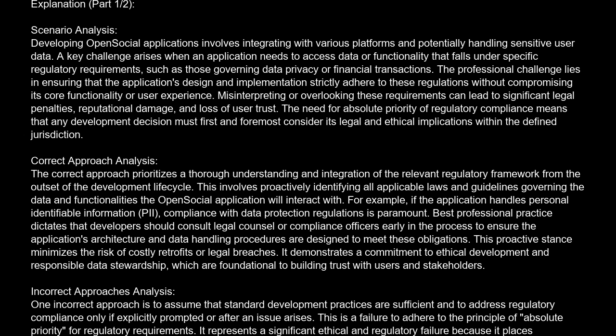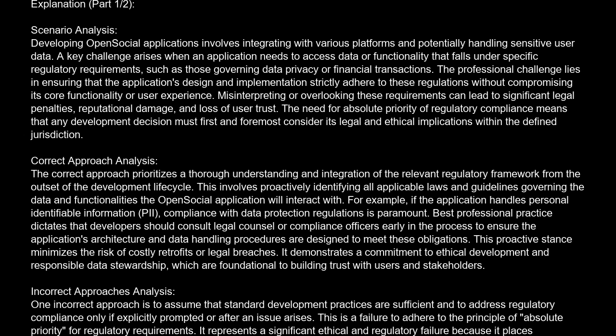paramount. Best professional practice dictates that developers should consult legal counsel or compliance officers early in the process to ensure the application's architecture and data handling procedures are designed to meet these obligations. This proactive stance minimizes the risk of costly retrofits or legal breaches. It demonstrates a commitment to ethical development and responsible data stewardship, which are foundational to building trust with users and